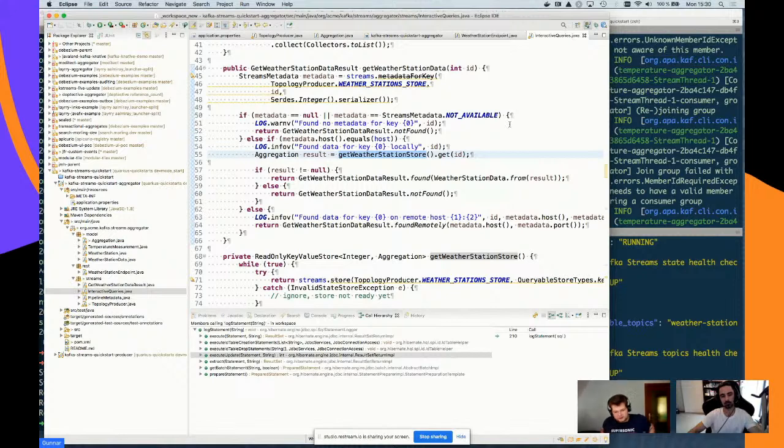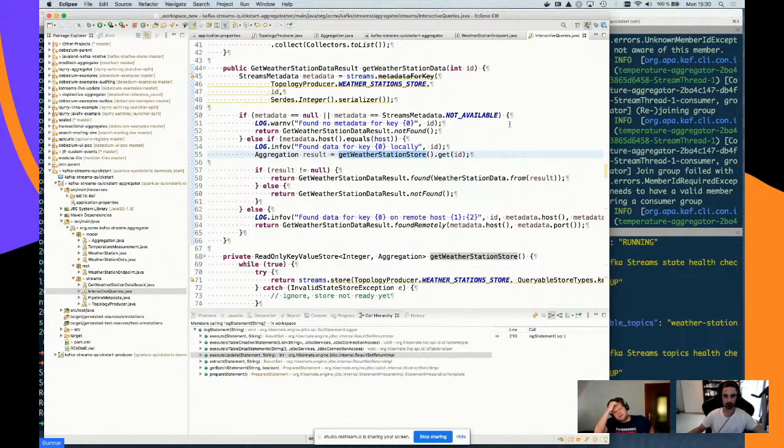So the weather station store is what exactly? It's like a key-value store in Kafka or something like that? Exactly right. There's a RocksDB state store which underpins Kafka Streams. So all the intermediary state of the stream processing pipeline is stored in Kafka Streams in RocksDB. And using those interactive queries, you essentially can do key-based lookups in the state store and get data out of it.